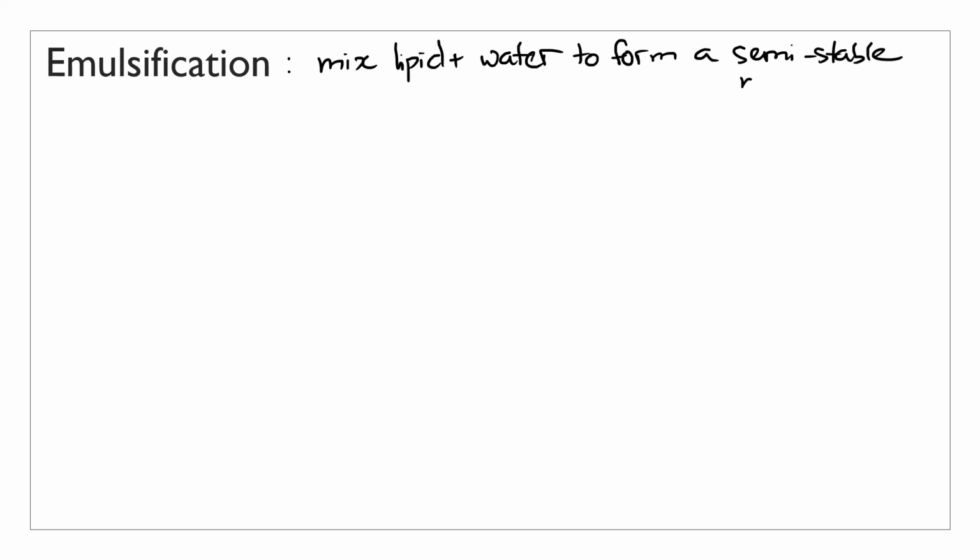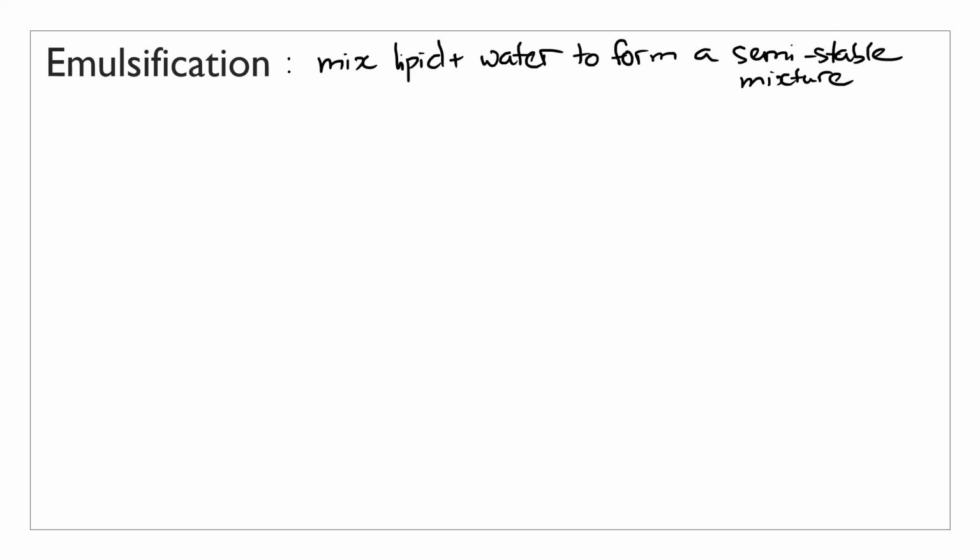So it's not completely stable. If you leave it long enough, the lipid and the water will split into two layers again. But if you mix it well enough, and stop at the right time before you overmix,